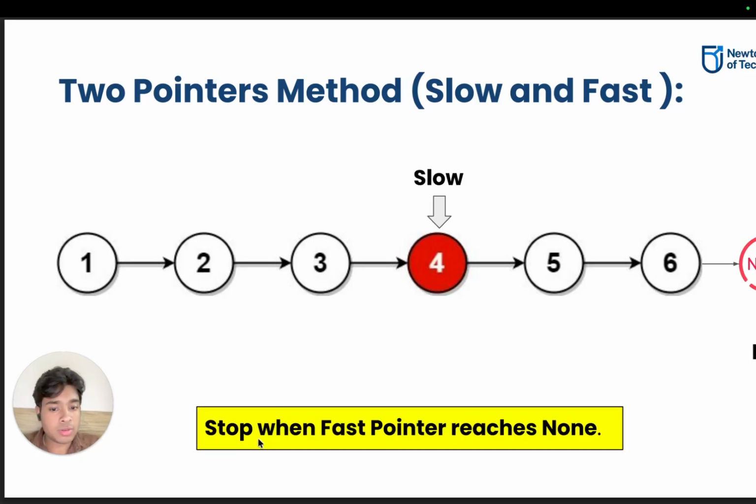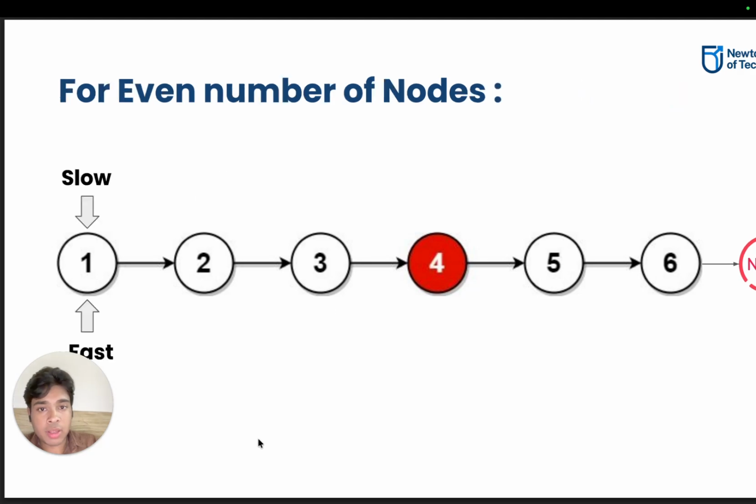But in this case, when the count of nodes in a linked list is even or odd, the difference is only one thing. In the odd case, when the fast pointer reaches the last node of the linked list, then we have to stop. But in the